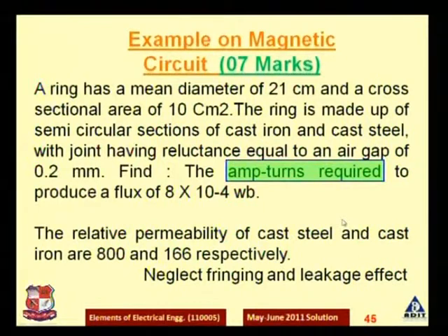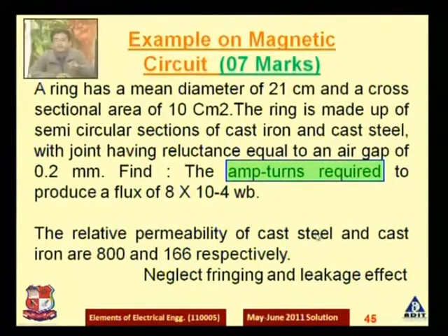So let us find the reluctance of each part and then we can find the mmf. What is mmf? mmf is nothing but the product of the flux and the reluctance. It is similar to the electric circuit. What is there in the electric circuit? Same way there is an EMF. EMF is nothing but electromotive force. In the magnetic circuit it is the magnetomotive force.